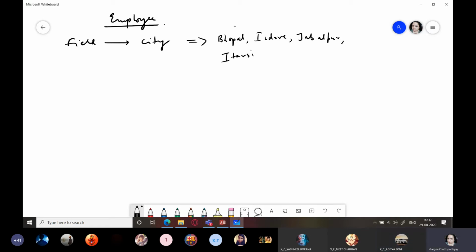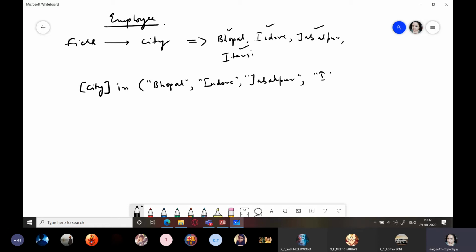So these 4 cities, okay, I'm only going to accept people from these 4 cities. So I will write the condition as city in. Within a list, I will be providing the values. Bhopal, Indore, Jabalpur, and Itarsi.